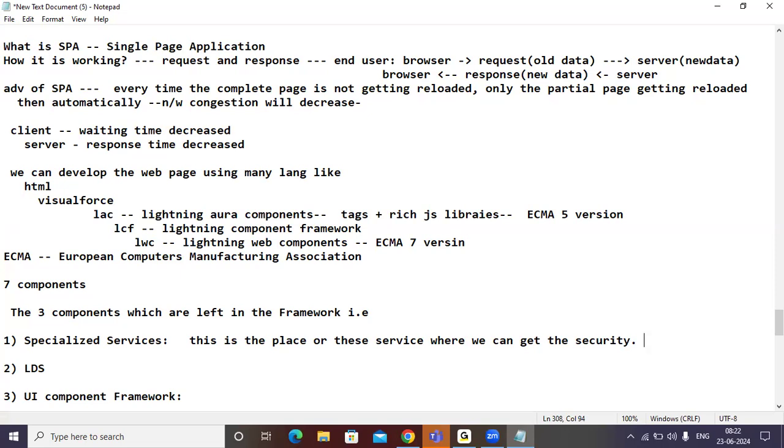Suppose, for example, when the end user tries to fetch the data from the model, there should be some security pattern we need to follow to fetch the data. That security pattern is given by whom here? Specialized service. Understand, Rajesh, Ashok, and the rest of the people in the class?